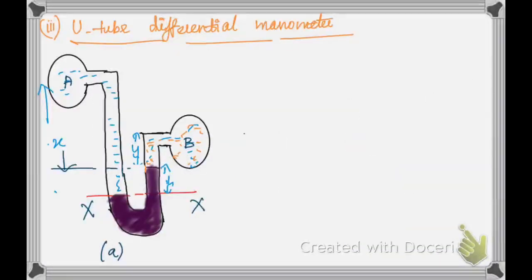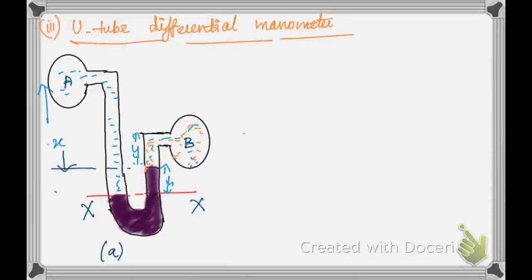Next we are going to see the U-tube differential manometer. What is the difference between a U-tube manometer and a U-tube differential manometer? A water-filled U-tube manometer is mainly used to measure the pressure difference in pitot tubes or at orifices located in a ventilation system or something like that. But a differential manometer is a device with which we can measure the difference in pressure between two different places or two different pipes.